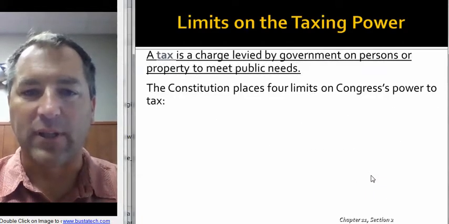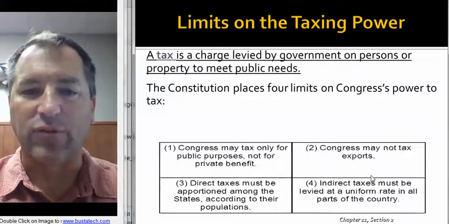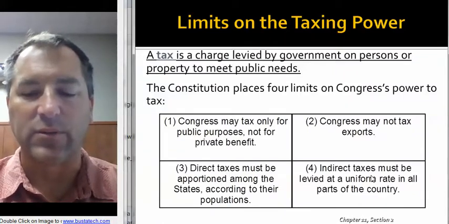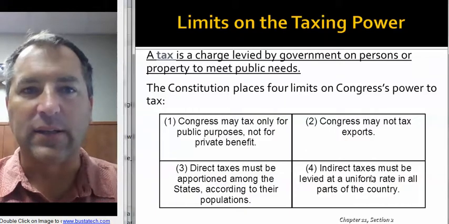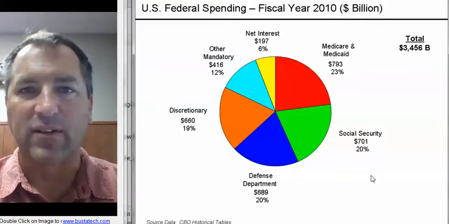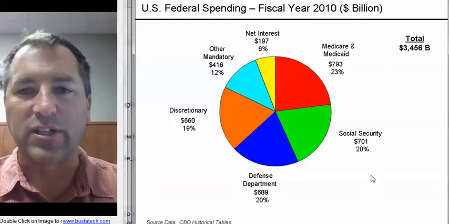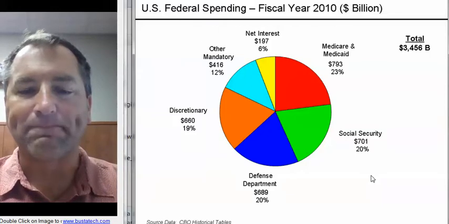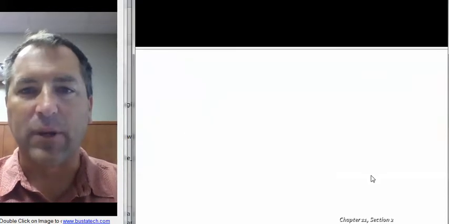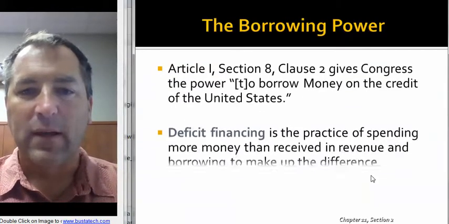However, there are some limits, and you can read through these 4 limits. They cannot just tax to build themselves fancy houses or whatever. It must be for public means, and it must be fairly administered, and so on. So, of course, as you probably imagine by now, the Congress has taken advantage of this power, and yes, they have taxed us. And what do they do with all the tax money? Well, they run the government, defend the country, set aside for Social Security, Medicare, and pay off interest on loans and so on.